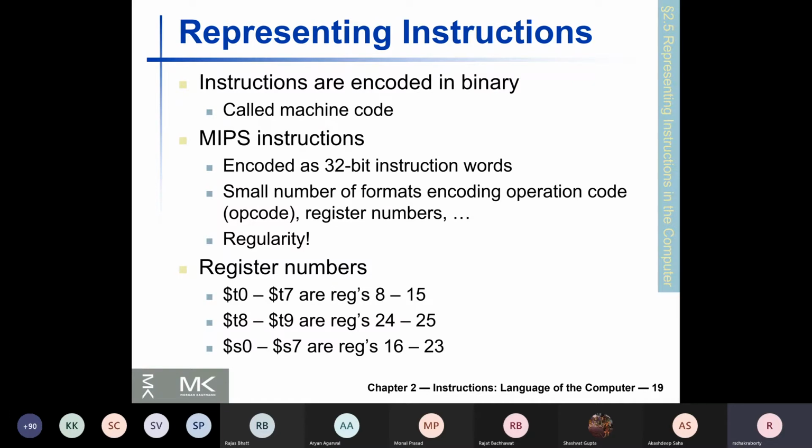Not all instruction sets are like this. For example, in x86-64, even the number of bits used to represent an instruction is not constant. The size of an instruction can vary from 8 bits, that is 1 byte, up to say 12 bytes, that is 108 bits, or even more. So this is quite extraordinary.